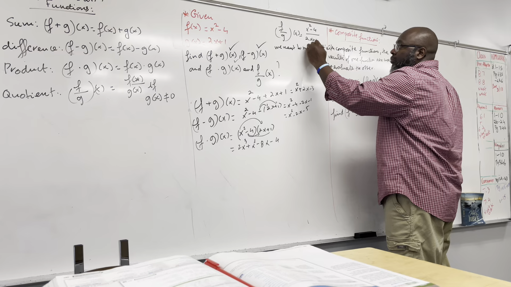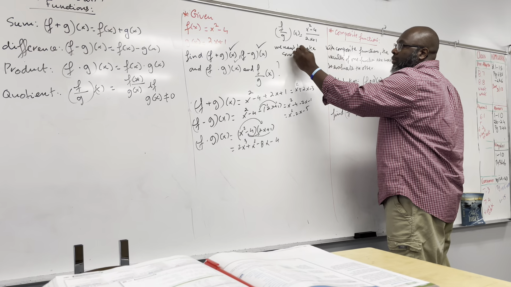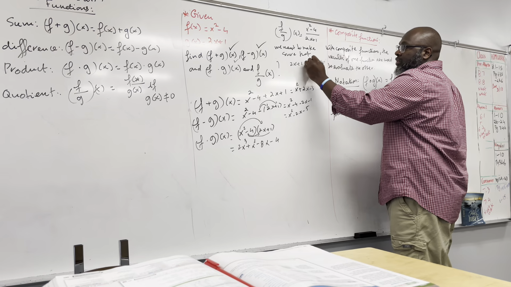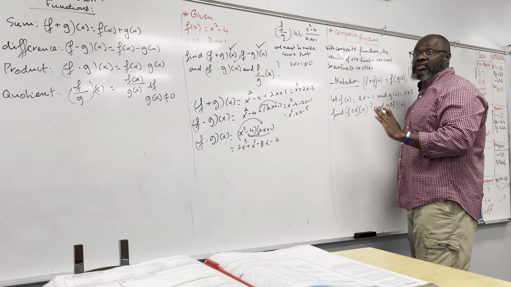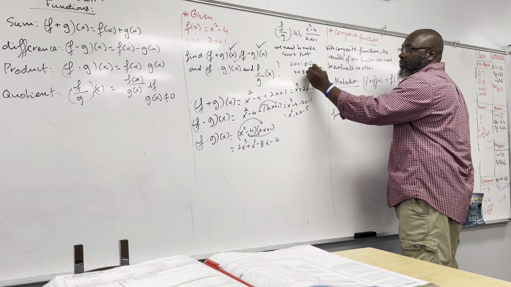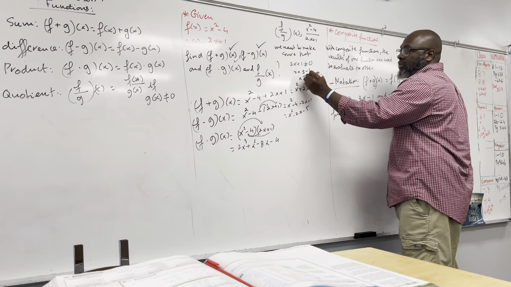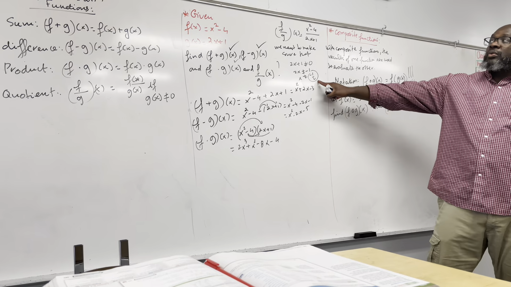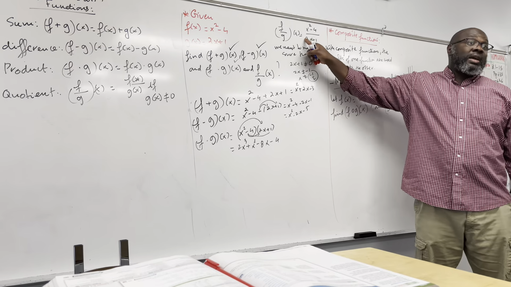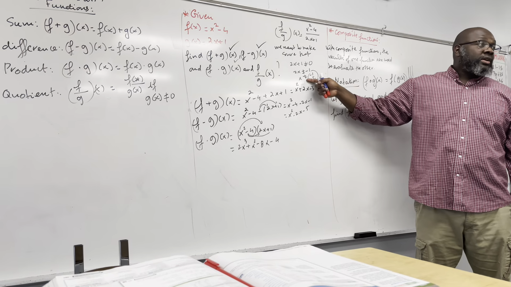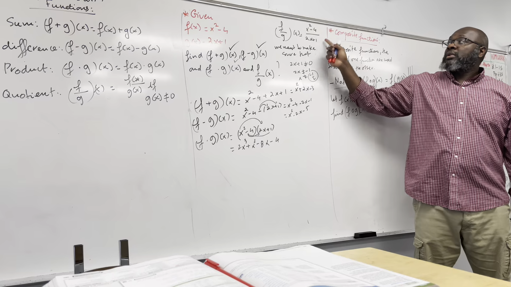that 2x plus 1 is not equal to 0. We want to make sure that is true, right? Which means 2x is not equal to negative 1, and x is not equal to negative 1 over 2. Because if x is equal to negative 1 over 2, it's going to turn this into a 0, and we can't have that. So as long as x is not equal to negative 1 over 2, this is f over